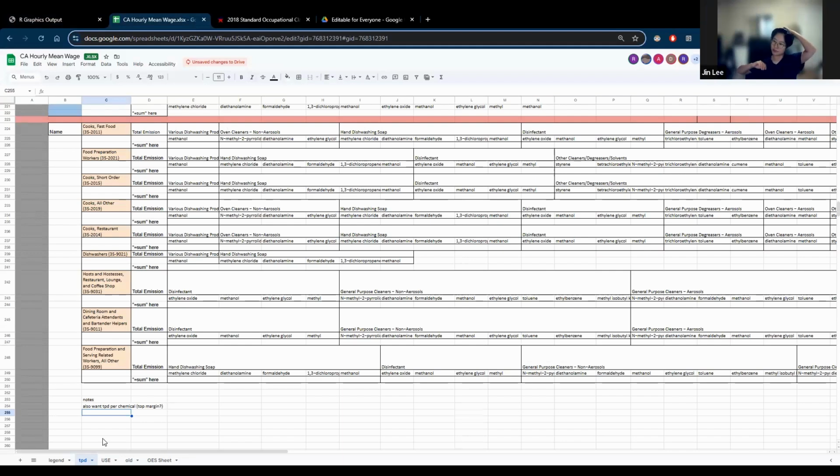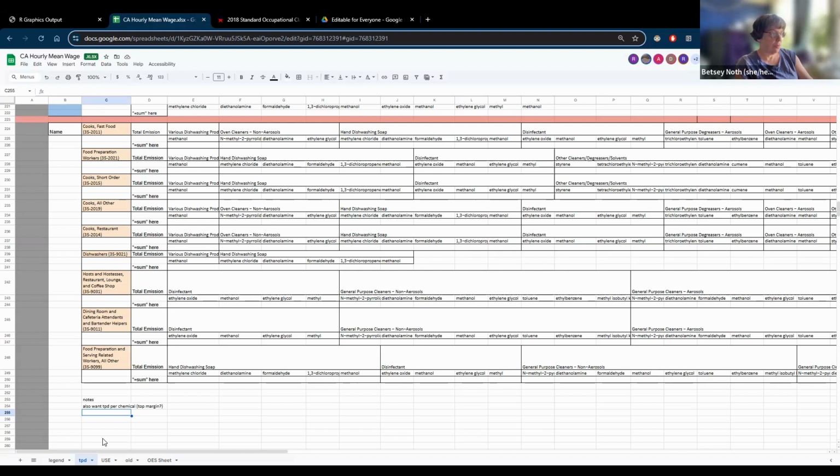I was thinking we could do frequency, and then maybe add that into how often the chemical comes up. You could do frequency, but I think what you're trying to do here is to prioritize by emission and by worker numbers. You could do frequency, but I think it's not sufficient. I think you definitely want to do emissions also. And for this, it's just another summary. It's not new data extraction, so you could do both.